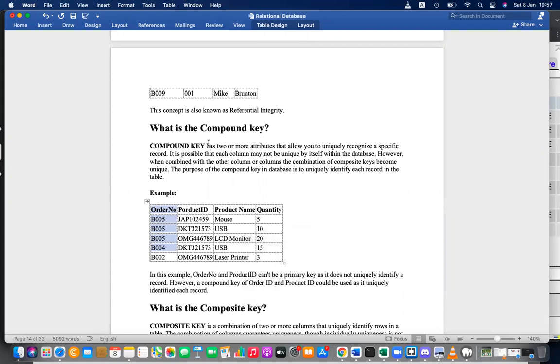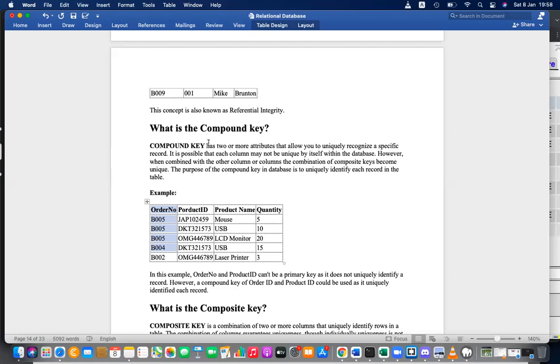So what is a primary key? It's a minimal super key. What is a super key? It's any unique key. What is a candidate key? It is a super key with no repetitive fields. What is an alternative key? After selecting the primary key, the remaining keys are called alternative keys. What is a foreign key? A foreign key is a primary key of another table.